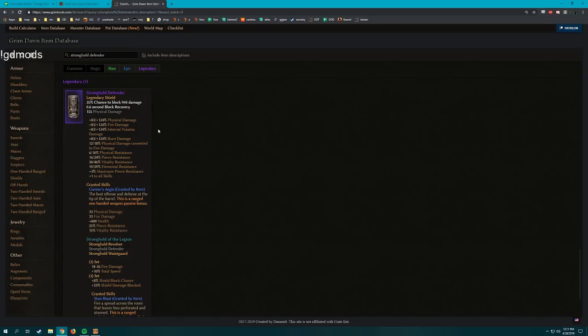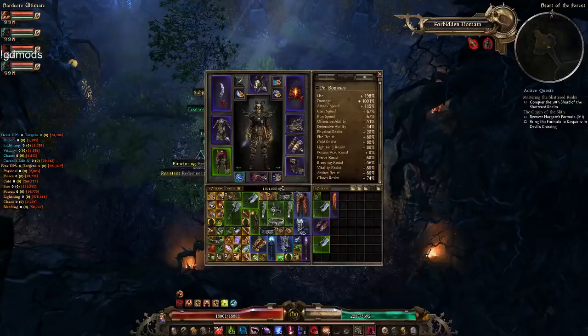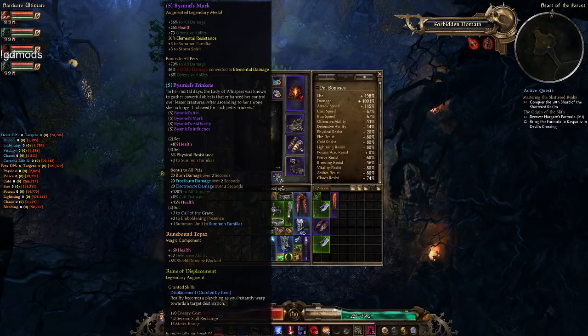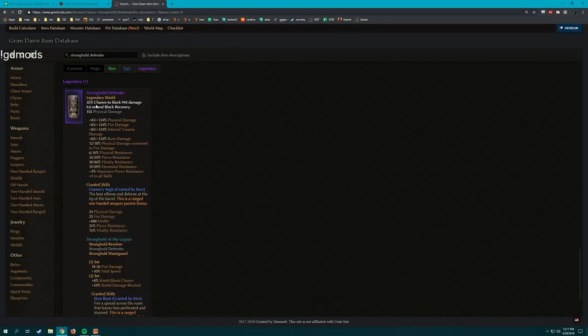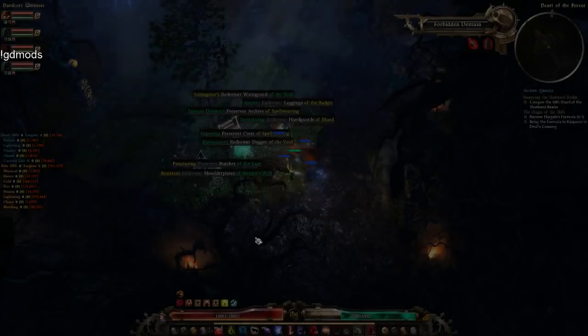One thing I did really like is that even though I wasn't a block build and I only had the 35 default chance to block, since I was using, or still am using, 4 Runebound Topazes in my gear, which increased the damage blocked, I was scaling this up quite a bit as well. It was I think up to 1300 or something. So yeah, I didn't really like dropping that extra defense, but the primary catalyst behind me making that decision was